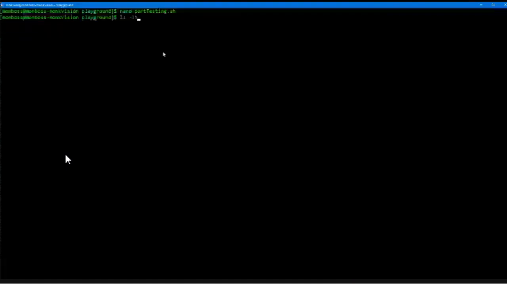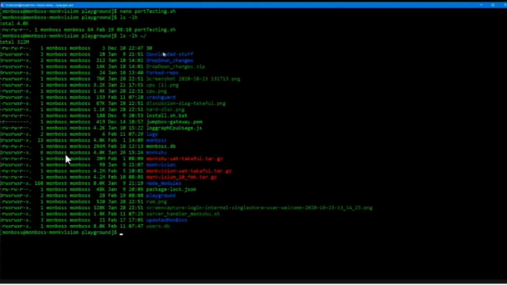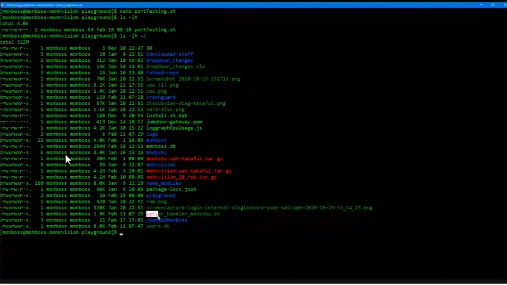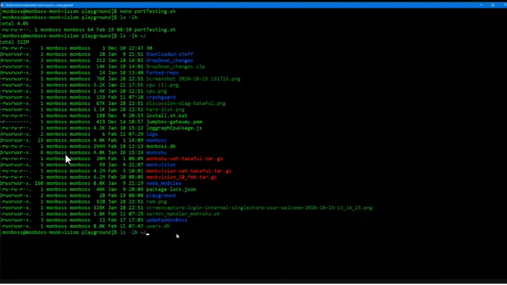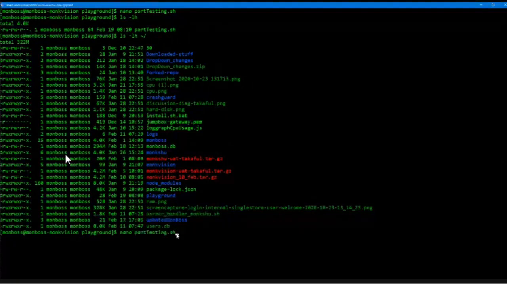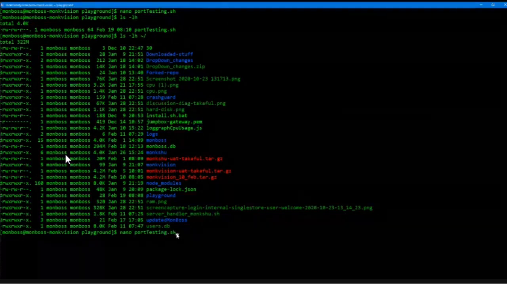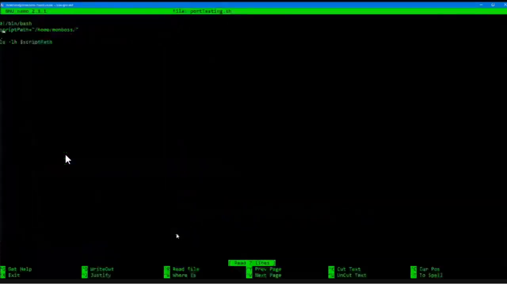Let me see if I do have a file there in my root directory that has an underscore in it. Okay, so I see that one of my files actually has an underscore in it. Now if I want to access the file with the underscore in it, if I just call this as a server, and I type underscore handler star,